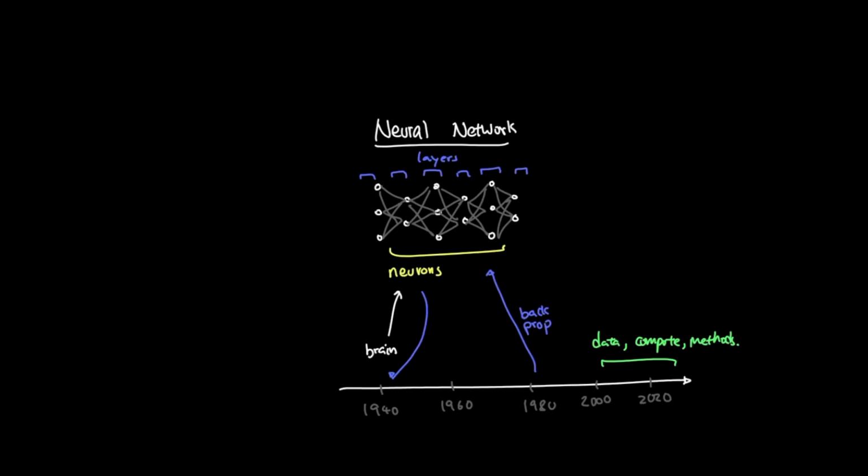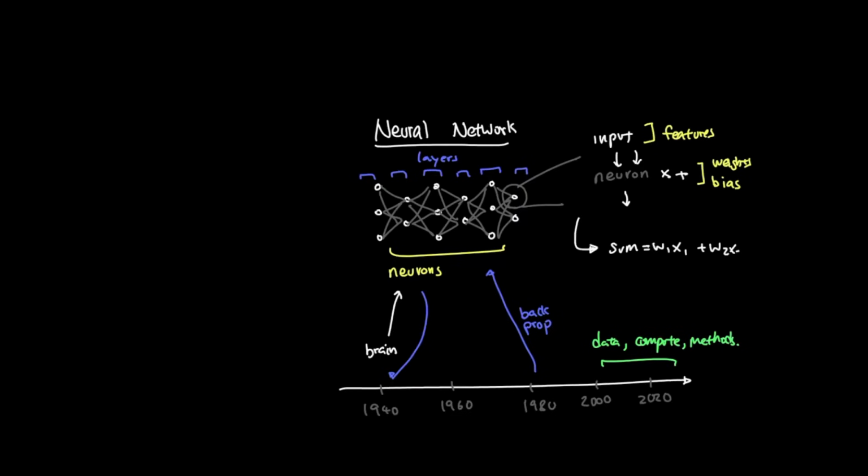To understand how they work, let's start by looking at one artificial neuron. A neuron takes in inputs, multiplies each input by a weight, adds them together, and adds the bias. Sound familiar? The inputs are features. The weights decide how much each input actually matters. The bias shifts the result up or down. This is all a review from before. Mathematically, it looks something like this: weighted sum equals w1 times x1 plus w2 times x2 plus b.